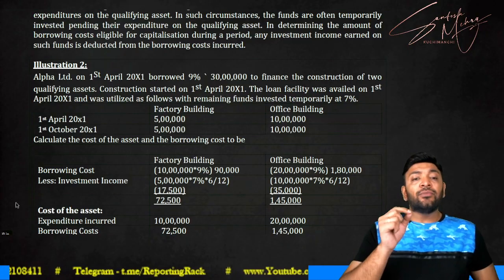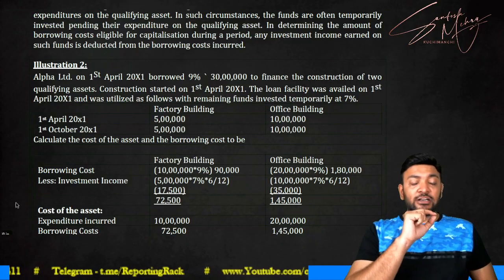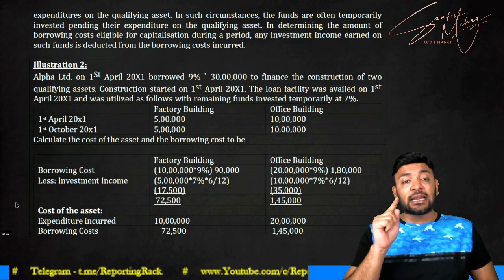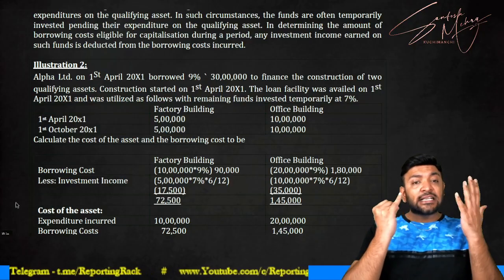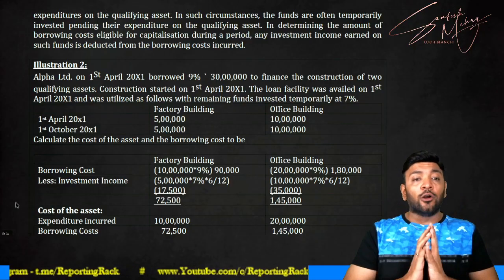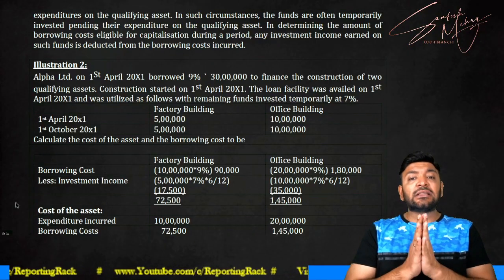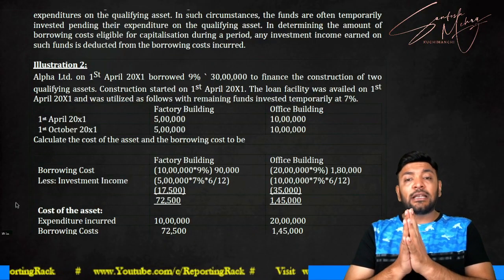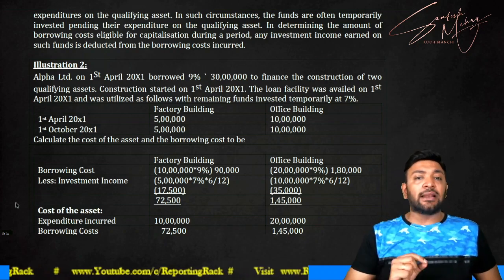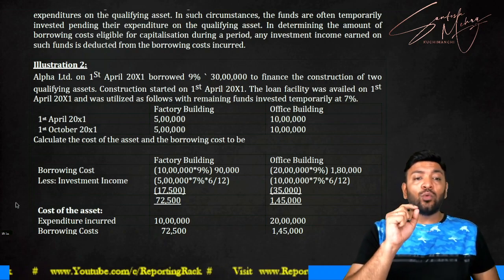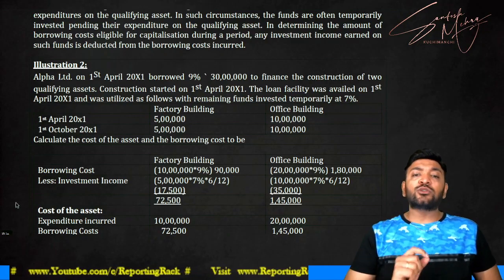So if you observe, from the first investment on 1st April up to the second investment on 1st October, 6 months, the funds which I borrowed were idle. During this period, they have utilized the idle funds for investment temporarily at 7%. The actual rate of borrowing was 9%. Now the first question is,